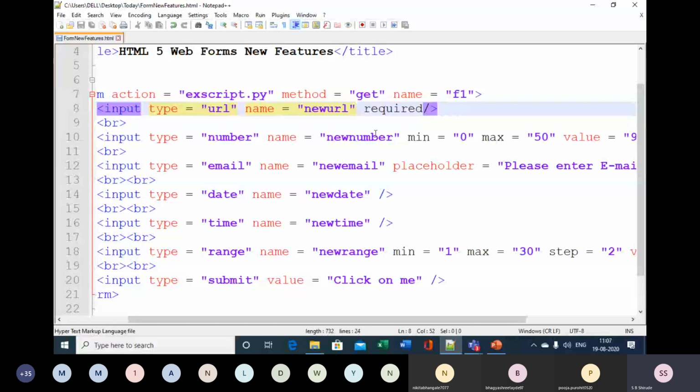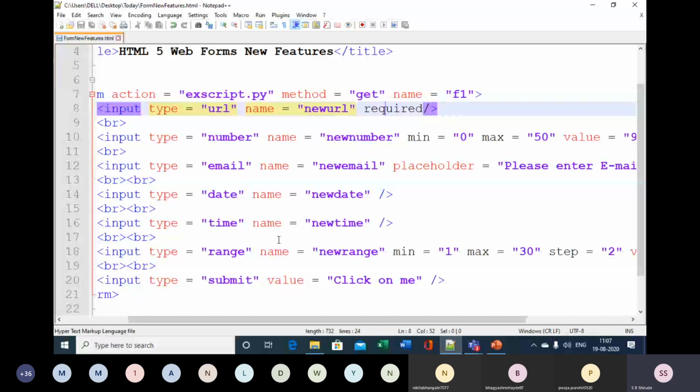So this new feature which is added in HTML5 has reduced our job and we can easily make use of all these controls. So in this session we have learned how to make use of controls URL, number, email, date, time, range.